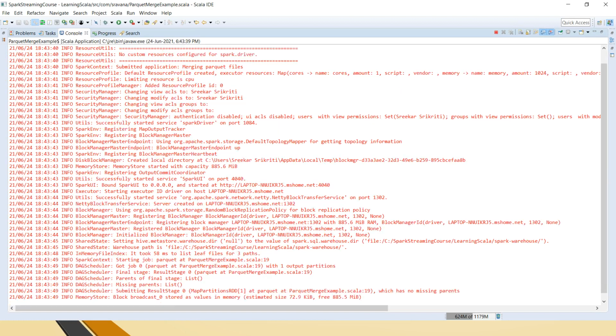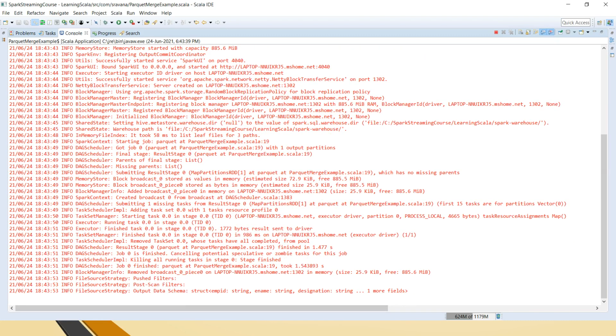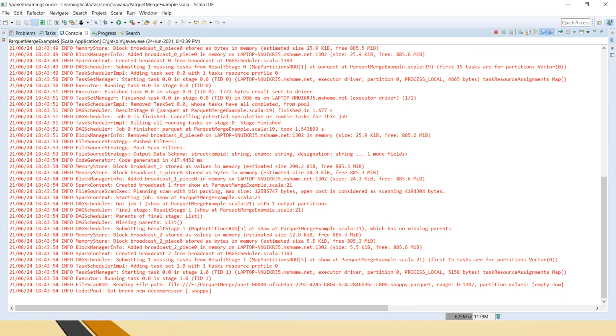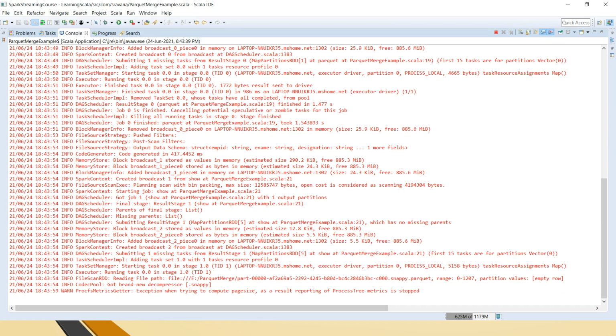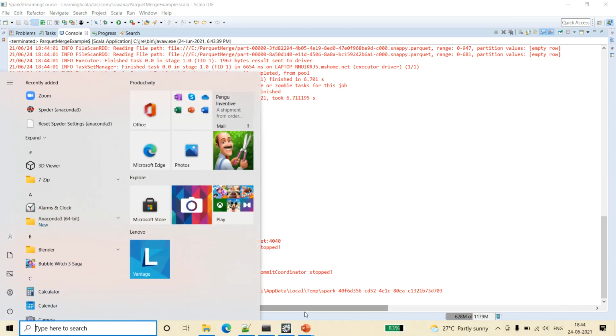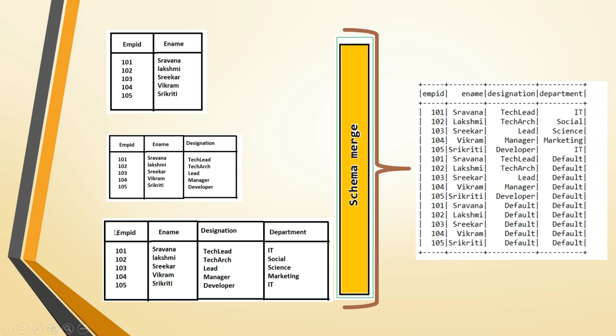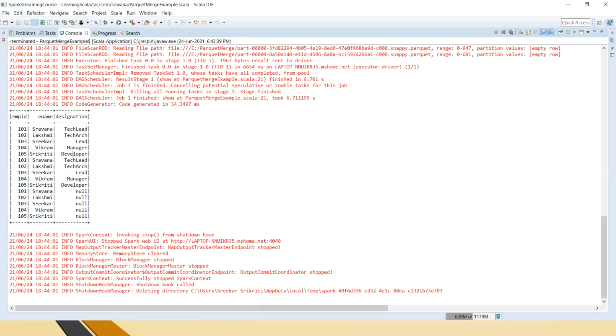Whatever we just saw in the PPT, the same 3 files I have taken, converted them to Parquet format, and I am reading them for this use case. If you see, even though there are 4 fields, EMP ID, EMP name, designation and department, here it is taking only 3.